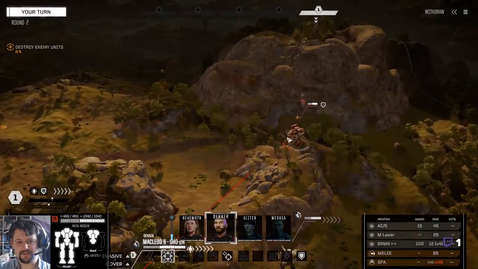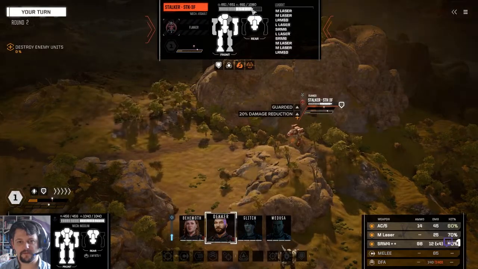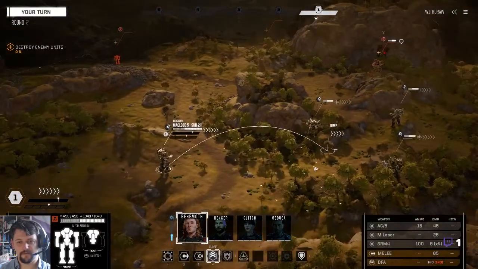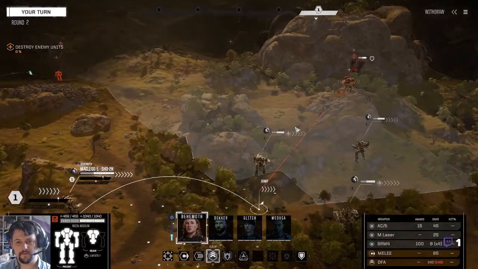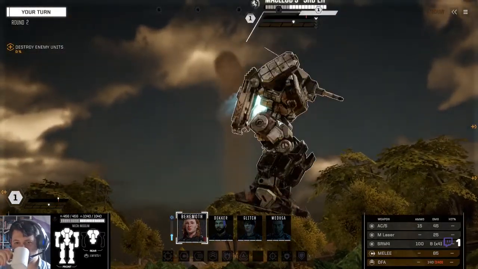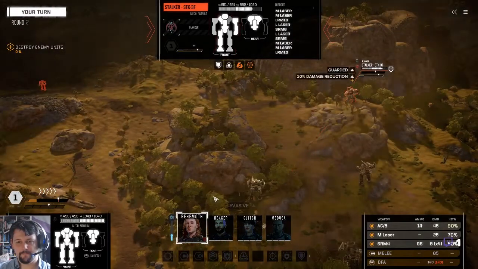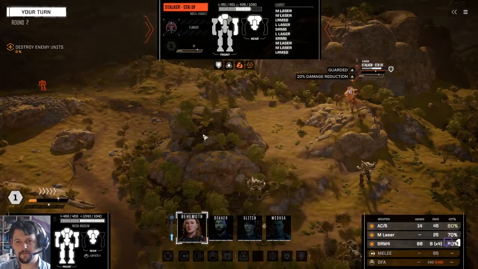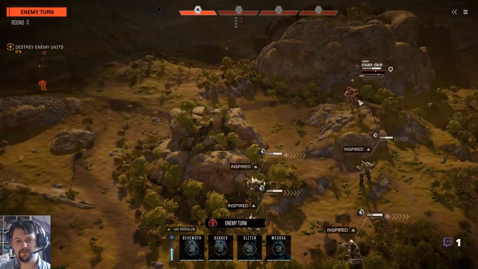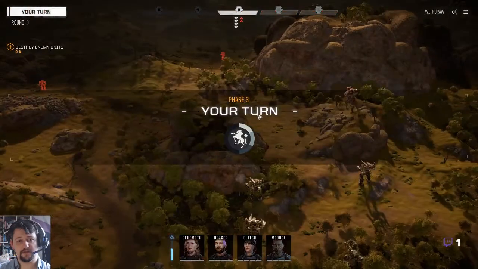The Stalker's a fantastic piece of kit. Doesn't look as though it's on full armour though, which is interesting. Okay. What we want to do is use our superior manoeuvrability to get around the side of this thing and sort of take it apart piece by piece. Oh, they have a light mech. Either that or a